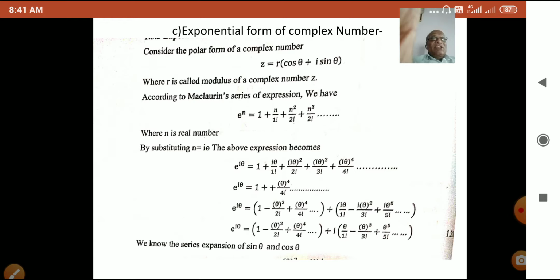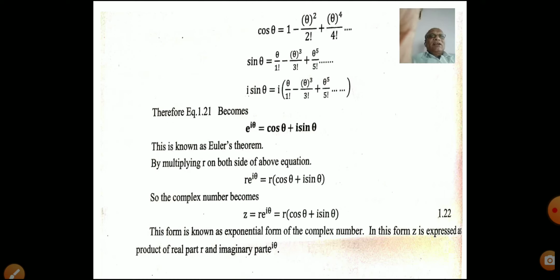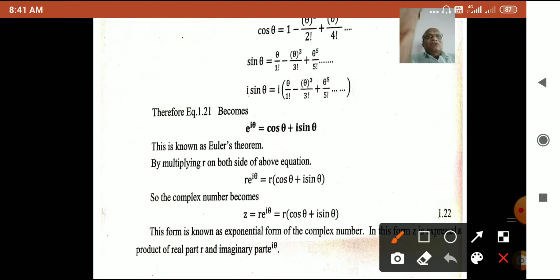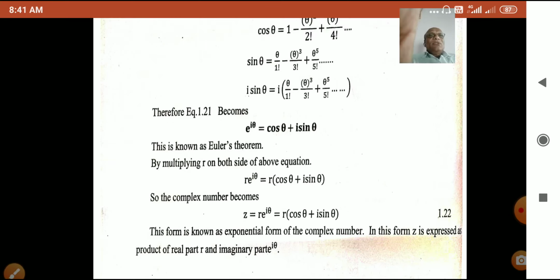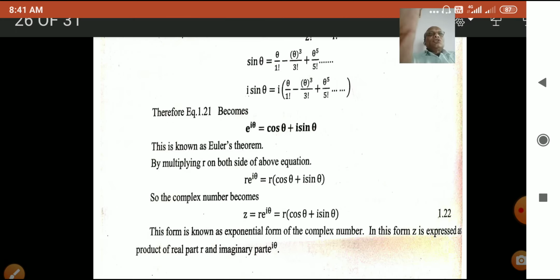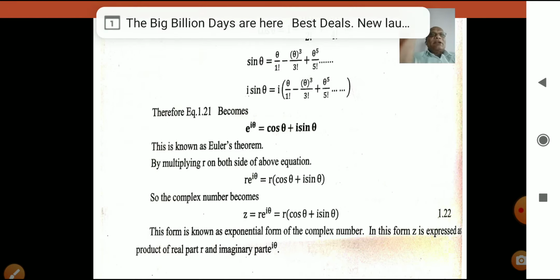Now this is equation number 1, or the main equation of this Maclaurin series when we replace x by i theta. Now also we have the expansions of sin theta and cos theta. So cos theta expands like this: 1 minus theta square divided by factorial 2 plus theta raised to 4 divided by factorial 4.